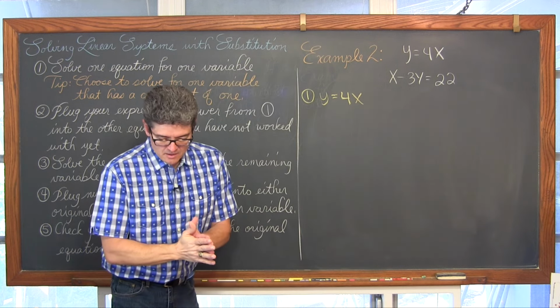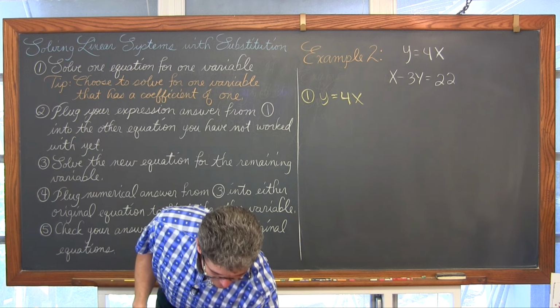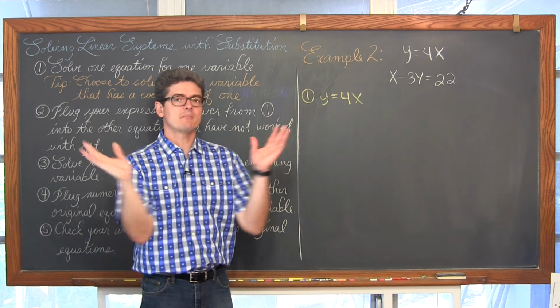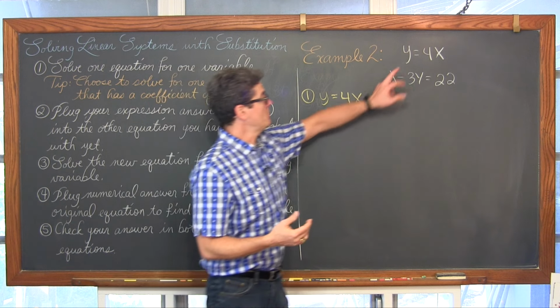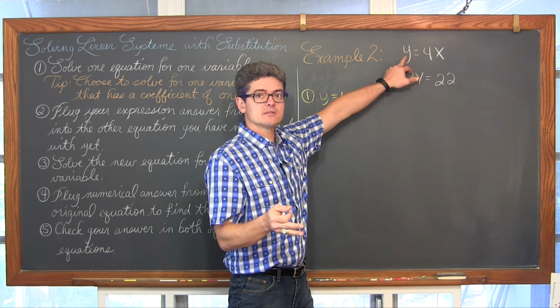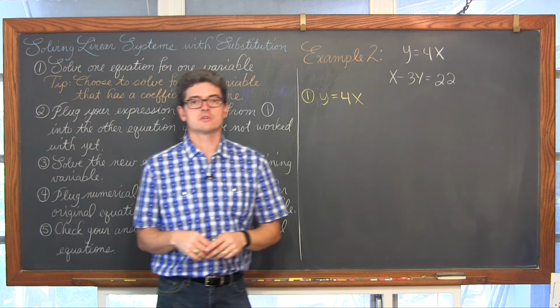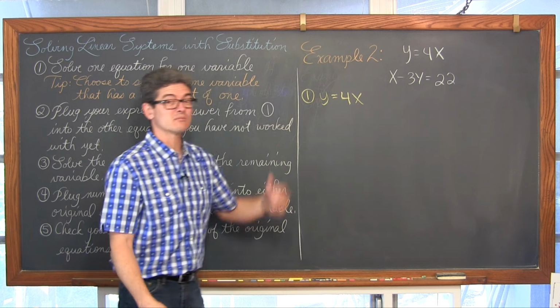Okay. Now in my first example, we solved for x first. It doesn't matter what variable you find first, x or y. It's that you either start with the equation that already has a variable by itself, or pick one of them and solve for a variable that has a coefficient of 1. So you don't create any decimals or fractions you have to carry through the rest of the problem because these are rather long.